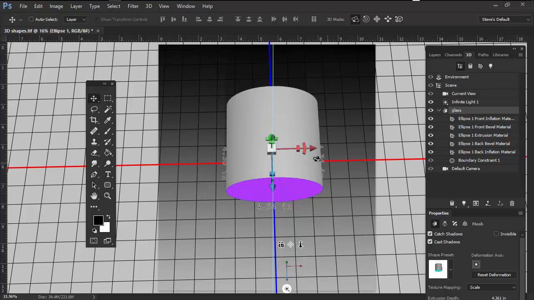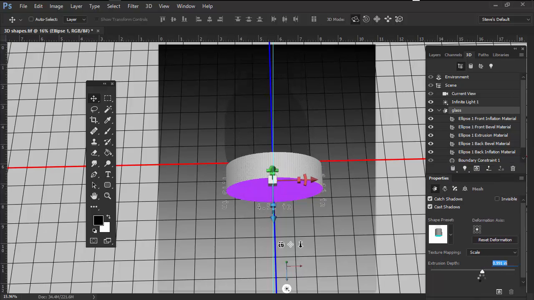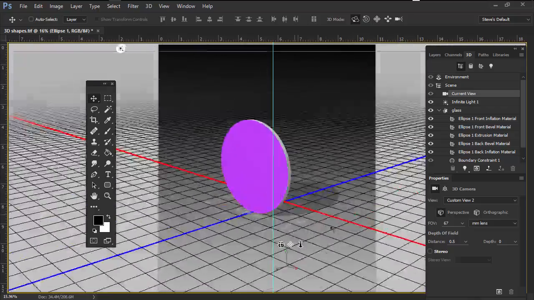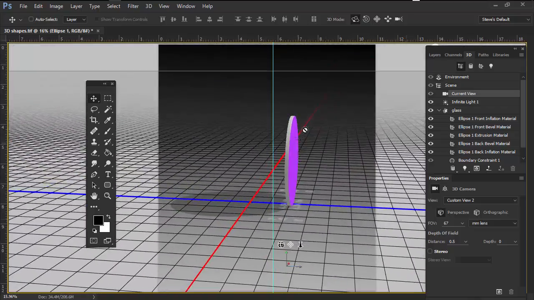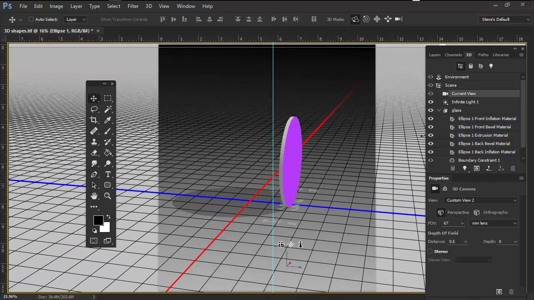There we are. And we're going to tighten that up a little bit. So the glass is going to have a thin little ring here. It's going to have some thickness to it, but we want to concave the outer portions. Okay, I'm going to tap and release on the background, which puts me into the camera view, and there's the basis of my glass. So I want the outer portions to be concave. So that's going to be our inflation, right? Now I'm going to target the glass itself,